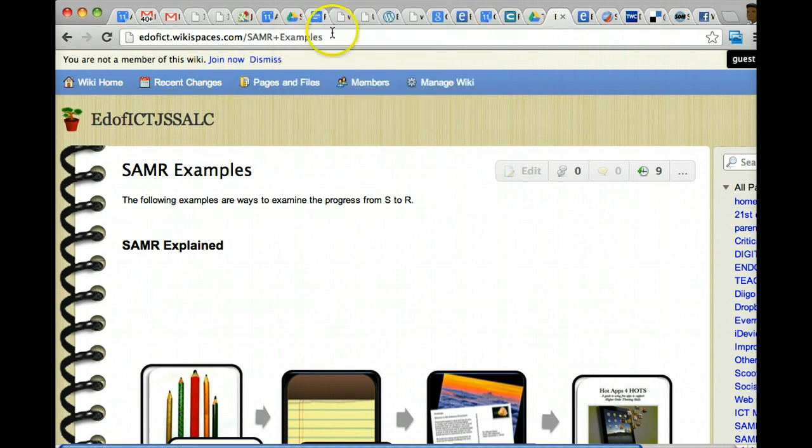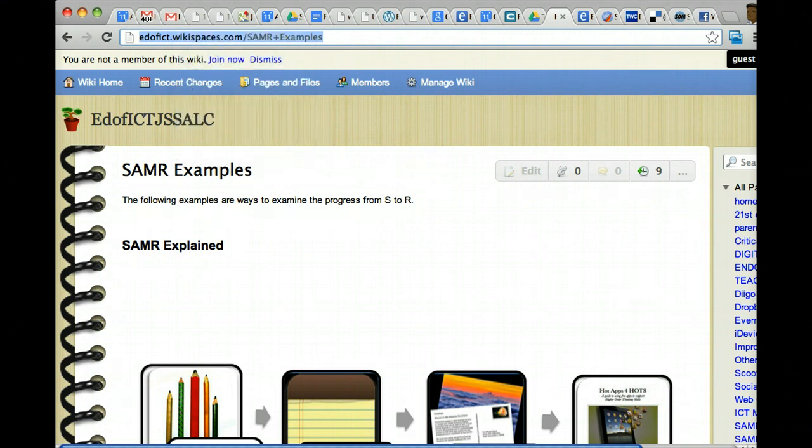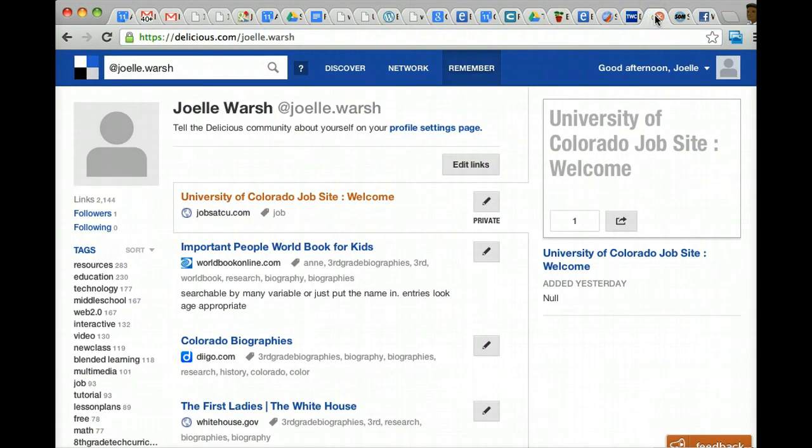Well, what you can do is copy the website. If you've never done it before, click on the name of the web address, which is up here, and then if you're a keyboard person, Command-C or Control-C. If you are a right-click person, or if you're on a Mac, click and hold, and you'll get the copy menu. You copy the website. Then you want to go back to your Delicious,